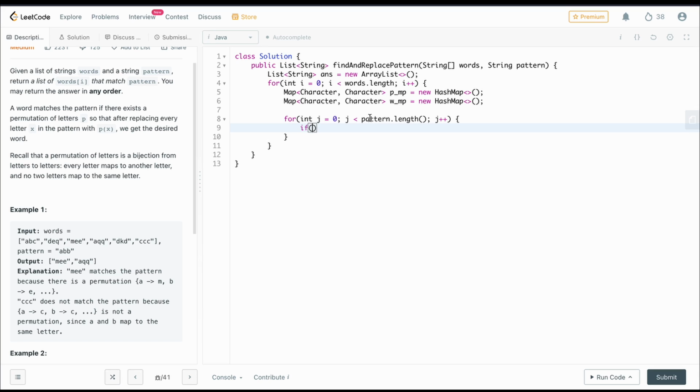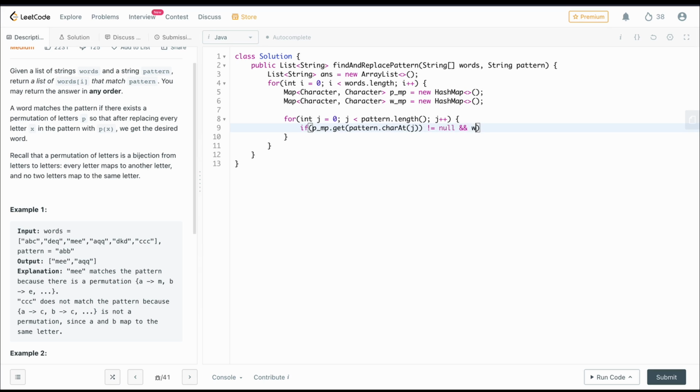First we check if both characters are already present in our maps. Then we check if they are correctly assigned or not. If they are not correctly assigned, then we do not consider this string as our answer and we go to the next string. What we check here is whether both characters have been assigned another character. For the pattern we check patternMap.get(pattern.charAt(j)); if this is not equal to null, it means we have assigned some character to this character in the pattern string.